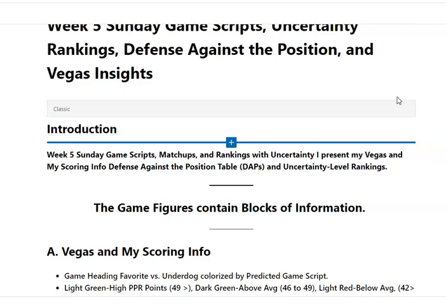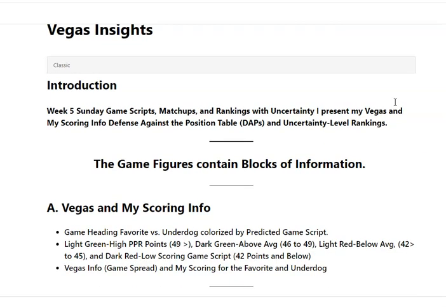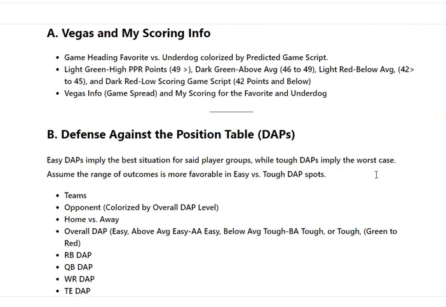Anyway, I'm going to have some figures associated with the games, my Vegas information, trying to figure out if the game is predicted to be high scoring, which usually is good for PPR, or low scoring, which is usually more defensive and not as good for PPR scoring. So that can kind of lead you one direction or the other, kind of frames the overall game picture for you if you're making some close decisions.